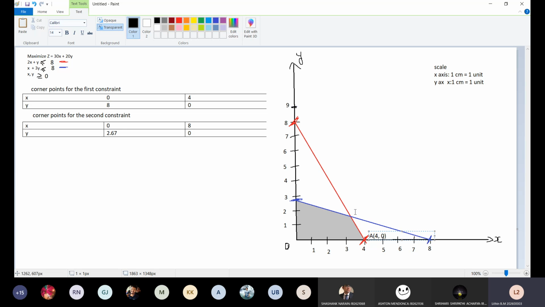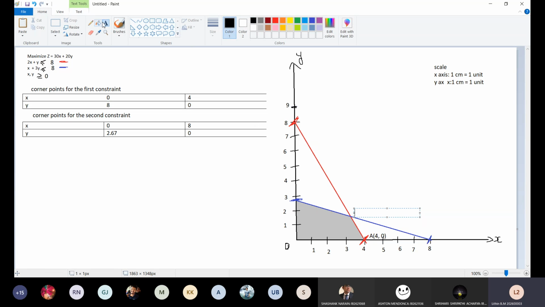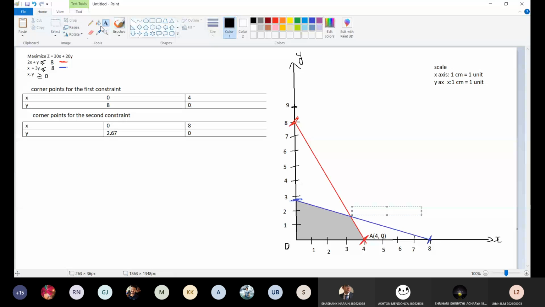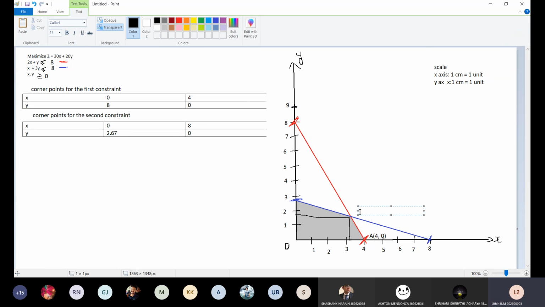Then here it is a little difficult. You guys have to make use of graph. So okay, we'll take the approximate value. That is fine. Maybe when you come back to college again, I would explain it again using graph sheet. Okay, it comes somewhere here, right? I may be wrong. I don't know. So this is B.